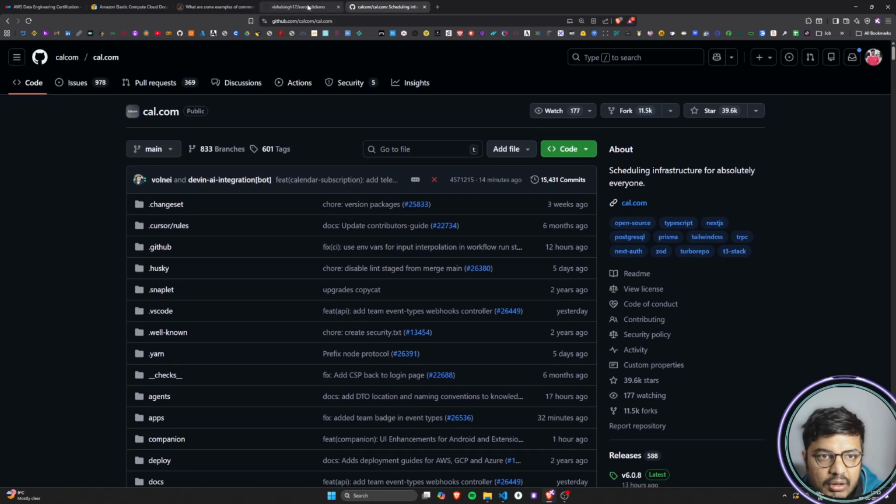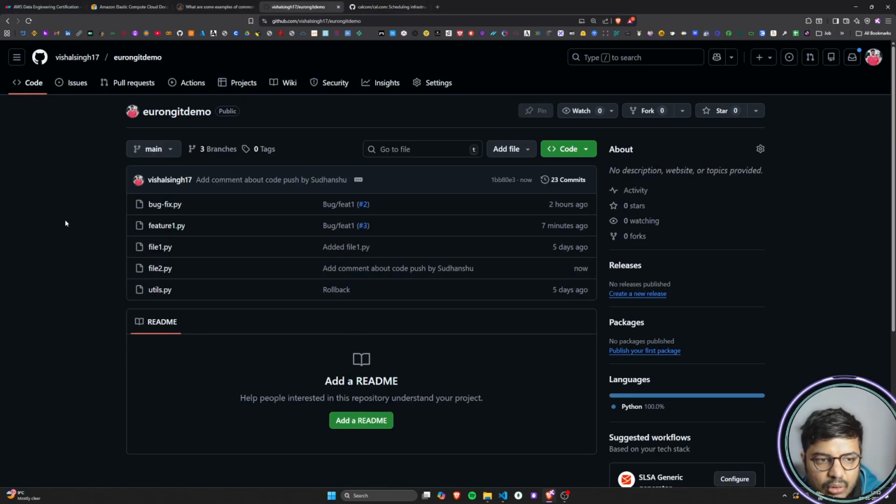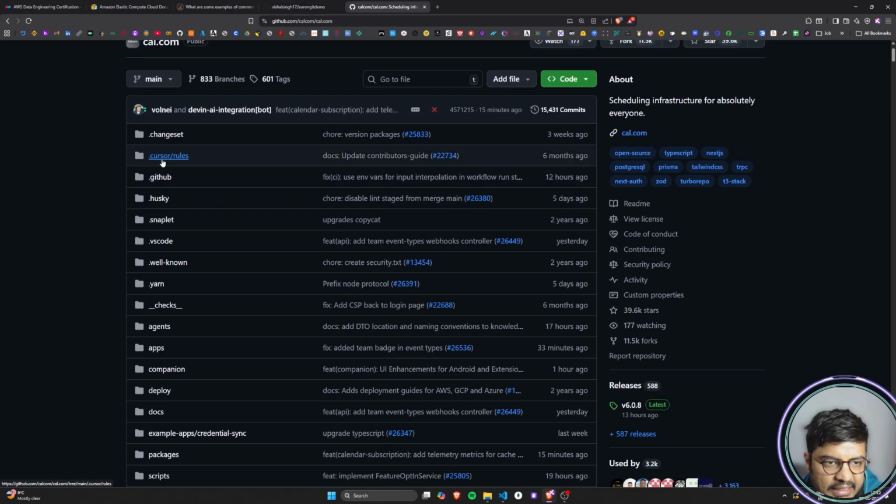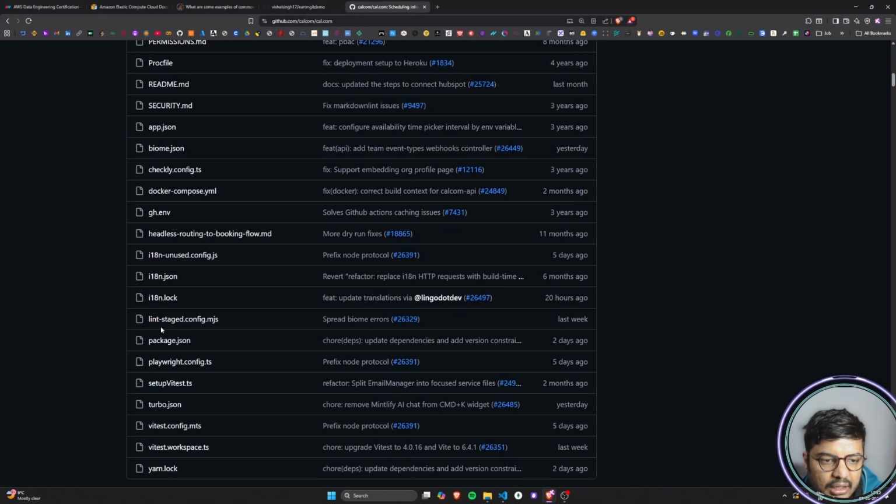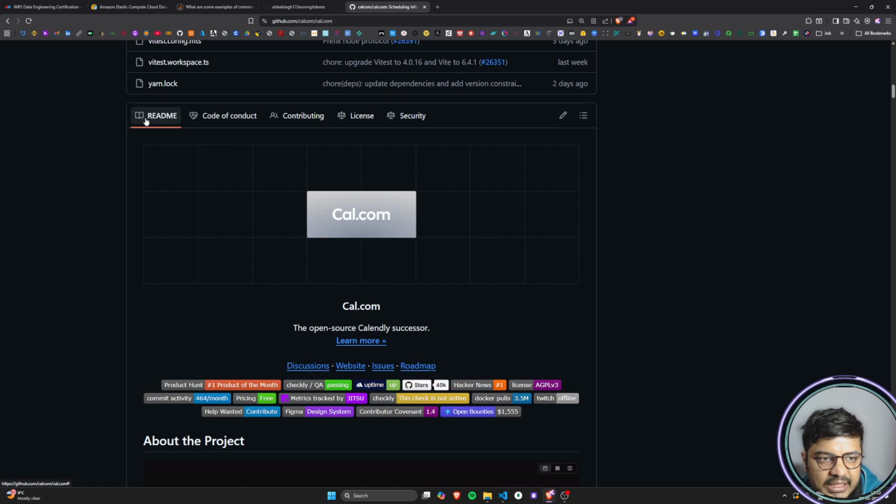Cool. Now let me do one thing. Let me make you go through this particular cal.com repository itself. So obviously now we have understood that this is the place where our code will reside, similar to this particular thing, right? Our code is residing here. If I want to add some kind of directory and all those things, I can also do that, right? Like these directories are added here. If you scroll down, you will see something